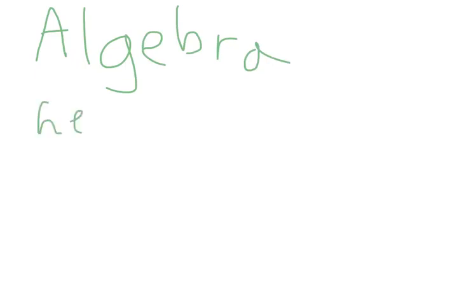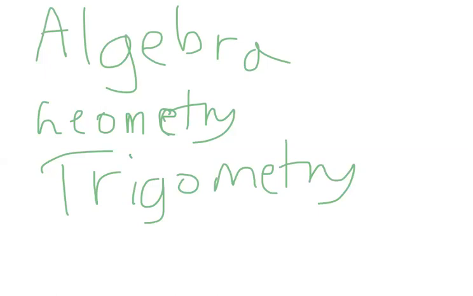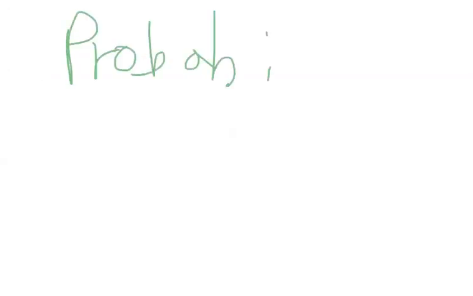You have geometry, which involves lots of shapes, size, and figures, and stuff like that. Then you have trig or trigonometry to be precise, which involves angles and shapes like that. Then you have calculus, which involves a lot of things called derivatives and integrals, which we'll get to later. And then you have statistics, which involves a lot of data in general. And then you have probability, which involves a lot of chance, such as what's the probability of raining and stuff